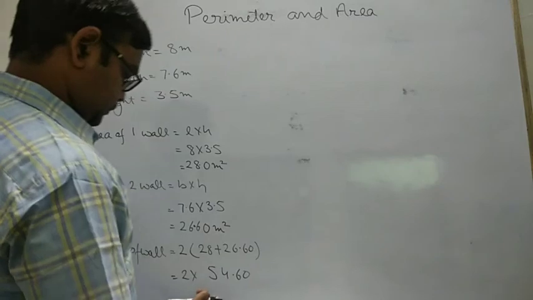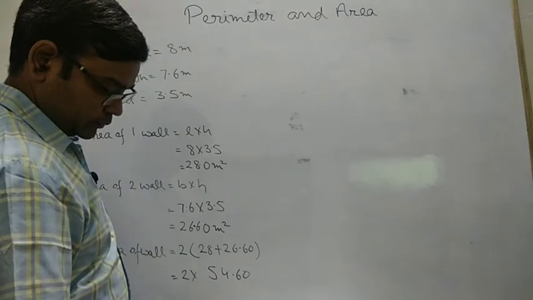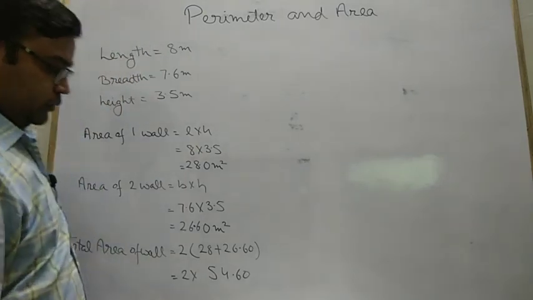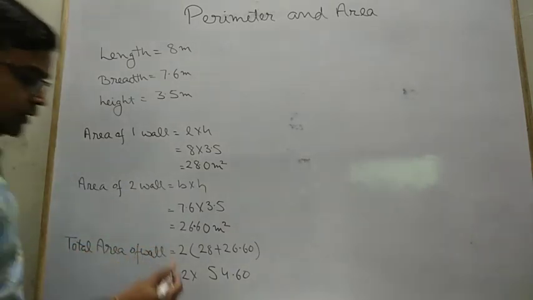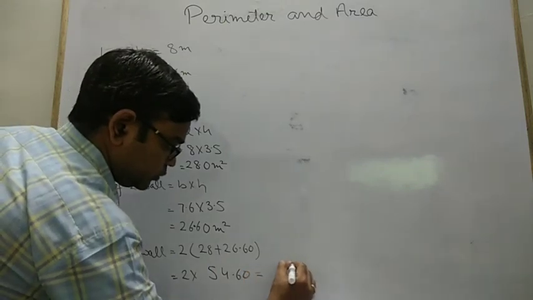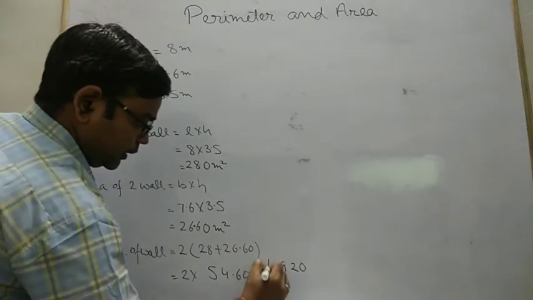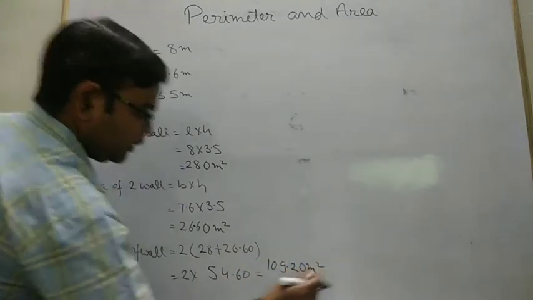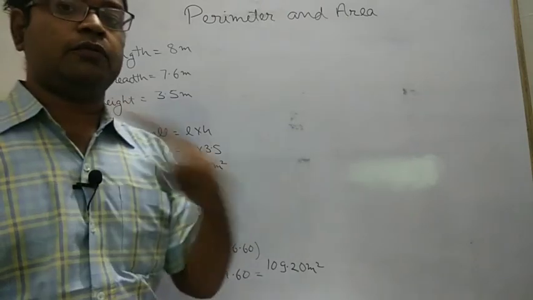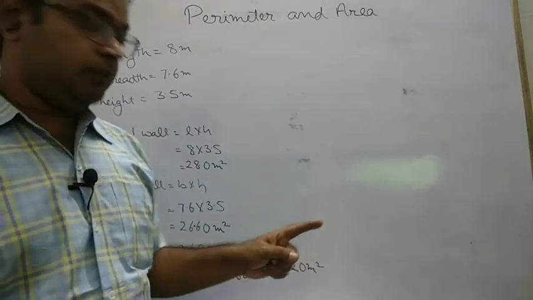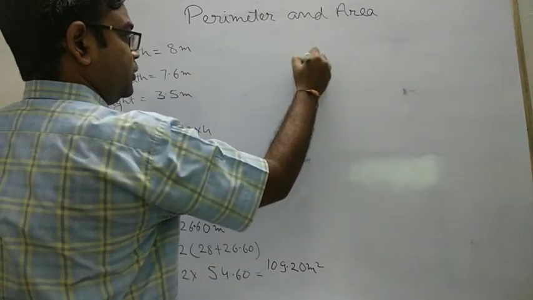Now come to the next part. This roof is left. No, roof is not going to be distempered. Only the walls are distempered. In question only wall is given. So what is the value? 2 6s are 12, 1 carry, 2 4s are 8 plus 1 is 9, 109.20 meters square. This is the total area of all the 4 walls. But it is given that area of doors and windows. So area to be distempered